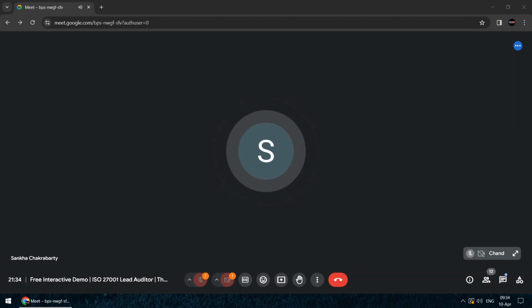But 80% of the clients are taking up Splunk now. Even though IBM QRadar was there, they are migrating to Splunk because Splunk offers a CLI. You can write queries in Splunk, which uses the Splunk Processing Language. IBM QRadar is just a GUI, a graphical user interface. You need not write any queries, and that's the roadblock: you cannot modify or customize it when a client comes up with a requirement.